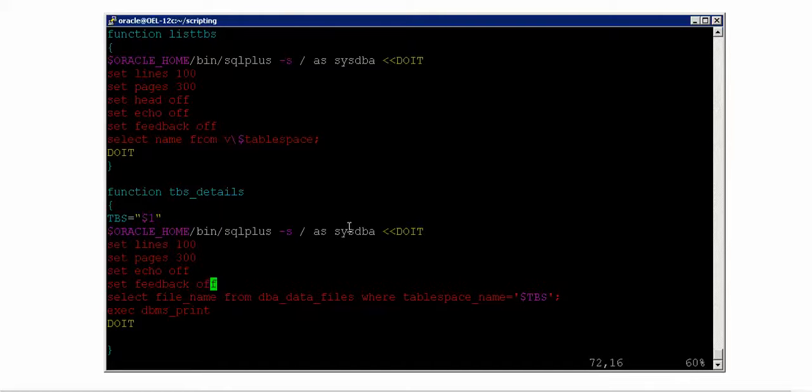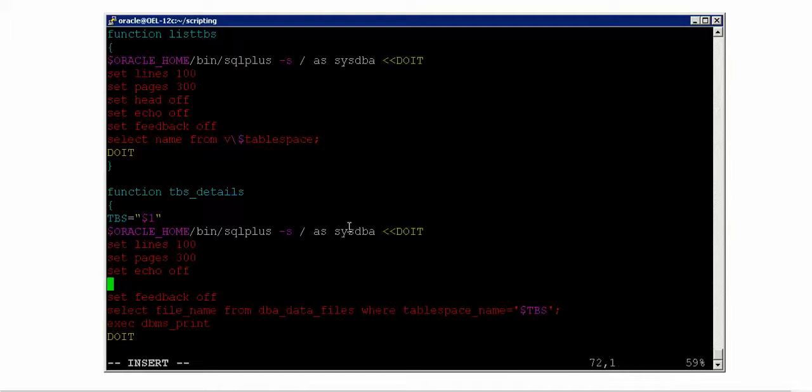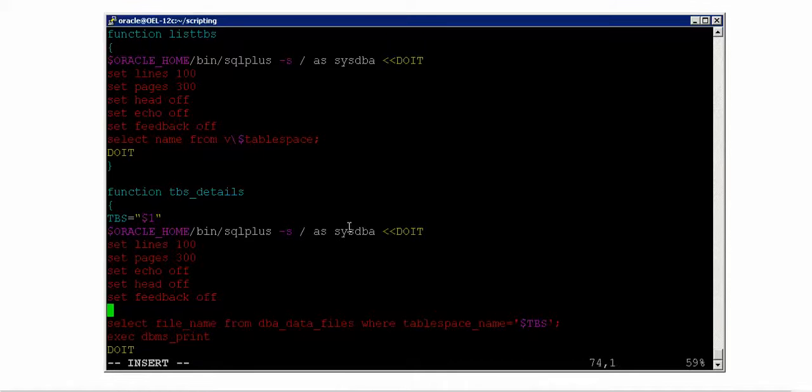So I should say here set head off, and I should say execute dbms_output.put_line, and then I should say please find the list of data files belonging to this table space.